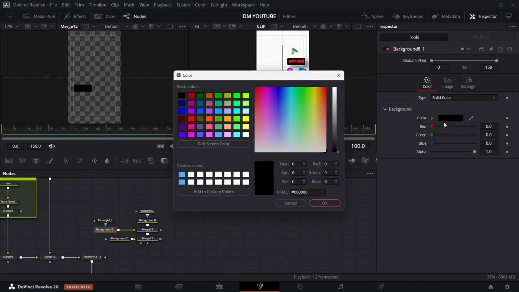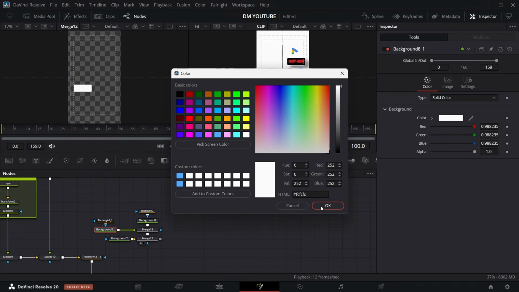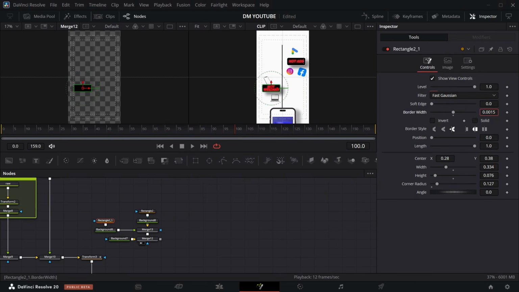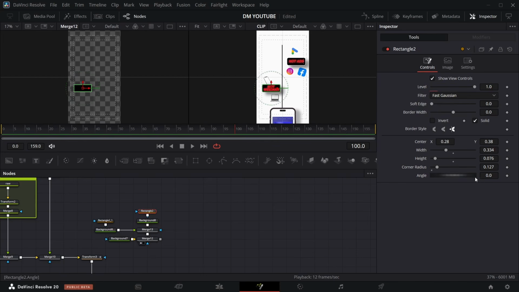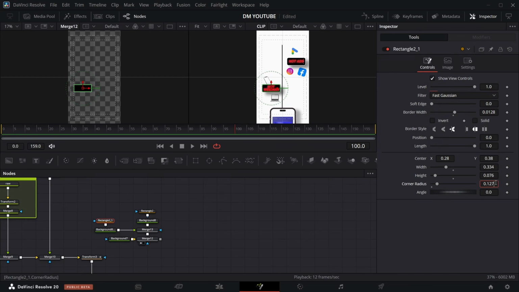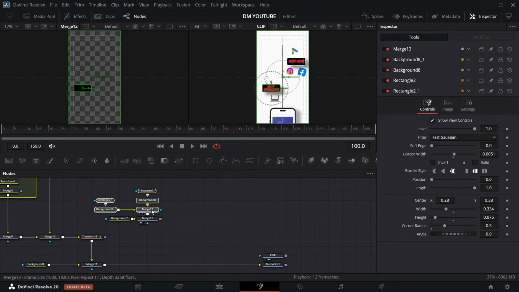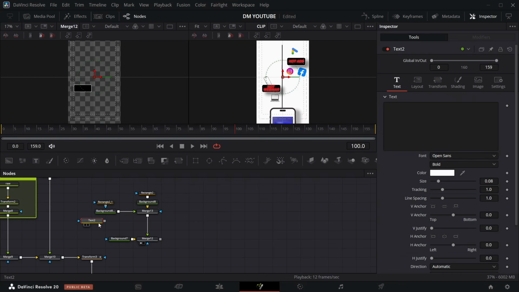change the background color to white. I'm going to uncheck solid, increase border width, and we have that here. I need to change this corner width for the corner radius here. I'm going to use 0.3 there, 0.3 here. Good. So we have that, and the border width I'm going to reduce. Good, something around that, and I'm going to move this up like this, and I'm going to get a text